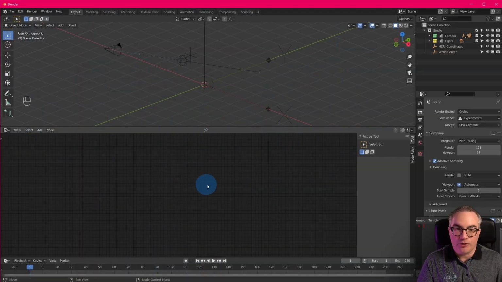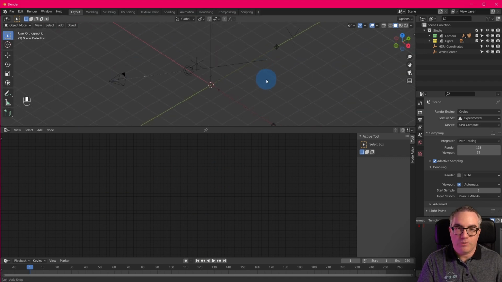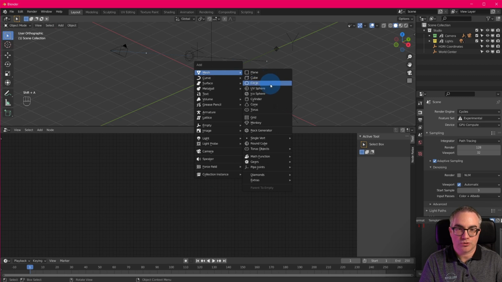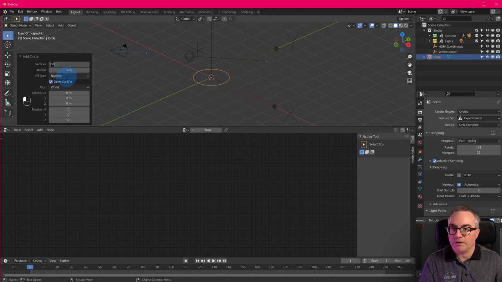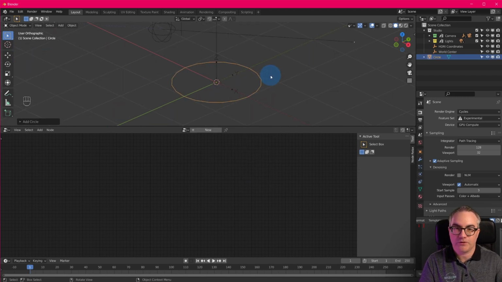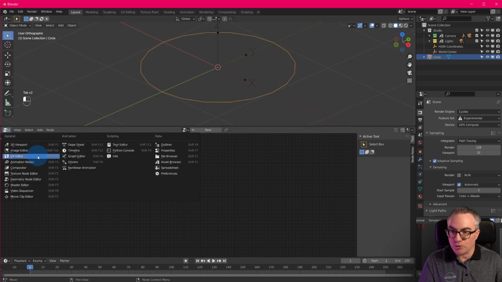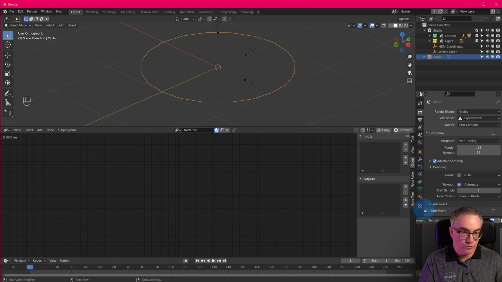I'm back in Blender 3.0 and the first thing we want is this circle. So Shift A, Mesh, Circle. I'm gonna take 20 vertices so that we have this kind of thing here. Cool, then we're gonna go to Animation Nodes. Make a new node tree,